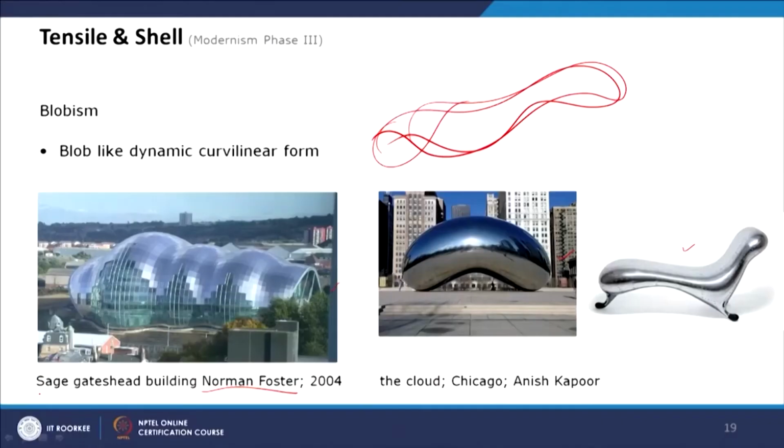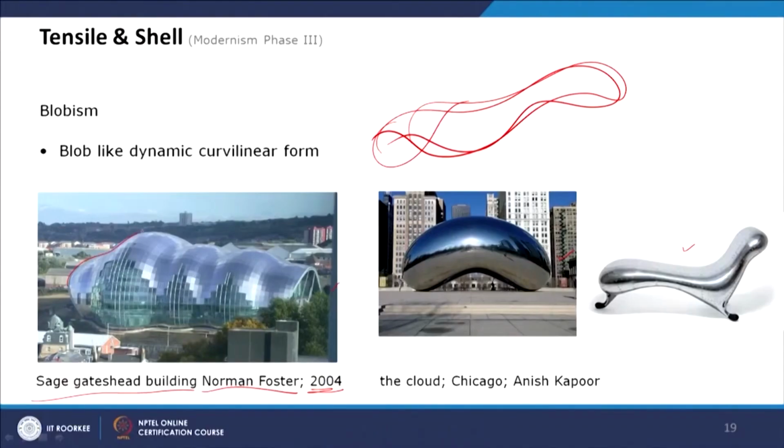So this looks like a blob or an amoeboid shape, like a balloon-like structure. So this is the Sage Gateshead building by Norman Foster, designed quite late, well within the postmodern era, and if you look at the form, it looks like a water-filled blob of a member, like an amoeba, and